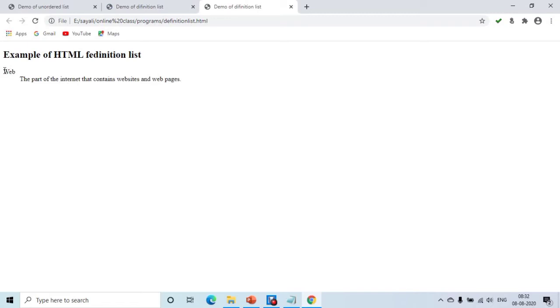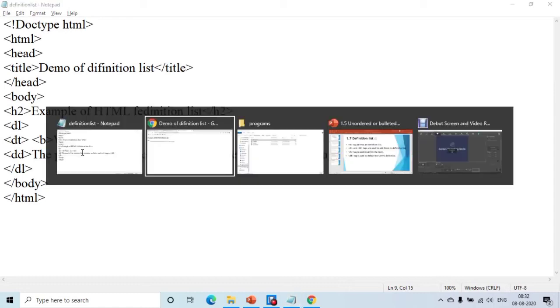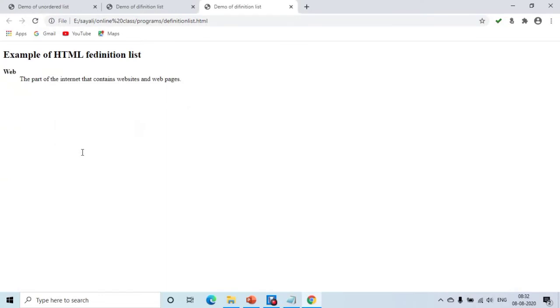If you want to provide bold style for this web, you can do so like this. Suppose this data term should be in bold. Then here you can use the B tag around it, that is within the B tag start and end you can have the web content. Now again save the program and execute it. In this way you can see the web text is now in bold letters.